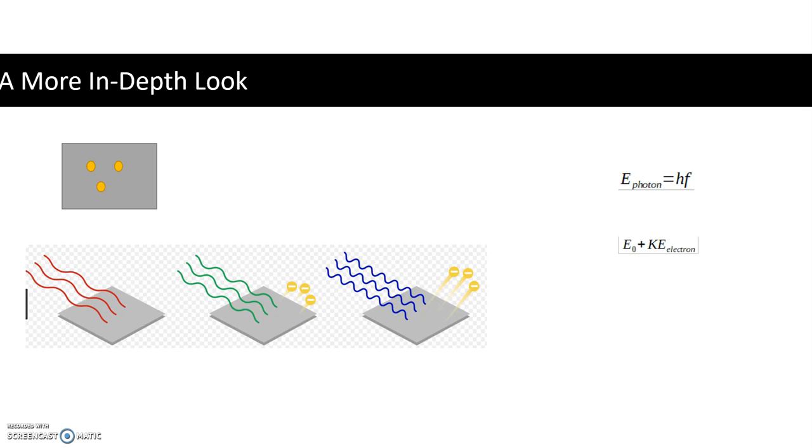Now, due to conservation of energy, we can actually equate these two expressions, and that gives us a nice mathematical representation of the photoelectric effect, and there it is. You can see it on the screen. So notice that Planck's constant, h, and E sub naught are both constants. Thus, once we have enough energy to actually break an electron free and get a photoelectron, from that point, an increase in the frequency of light will cause an increase in the kinetic energy of the photoelectron. So that's why you see in the diagram the higher frequency light depicted with the photoelectrons having a higher kinetic energy.